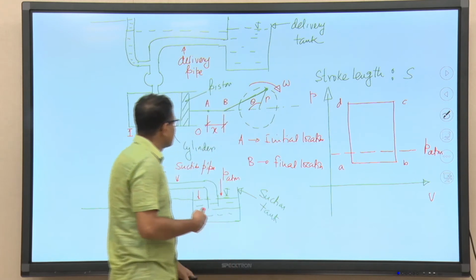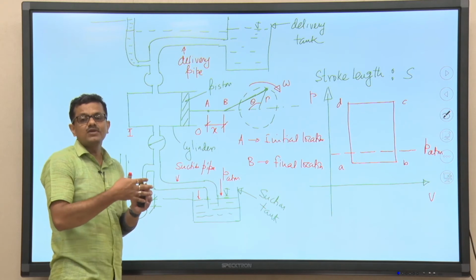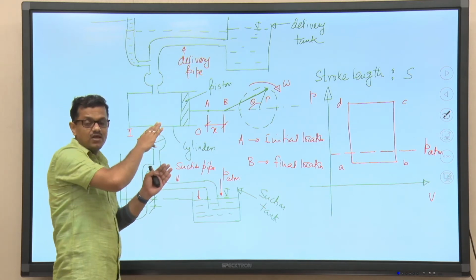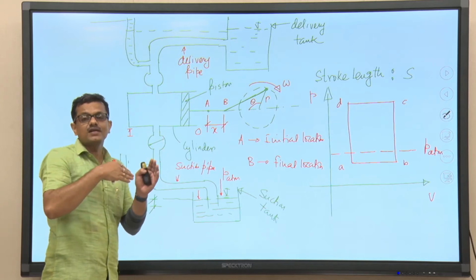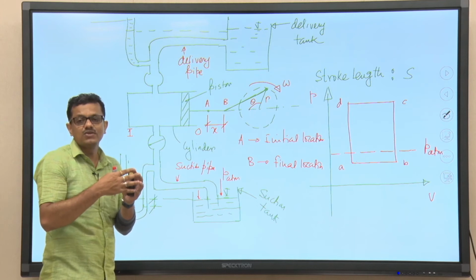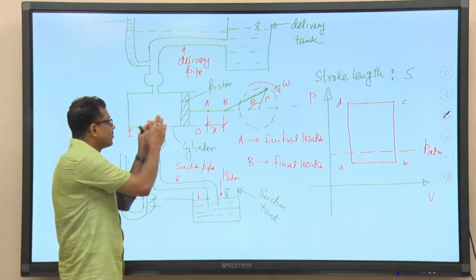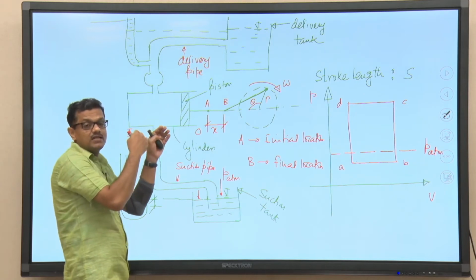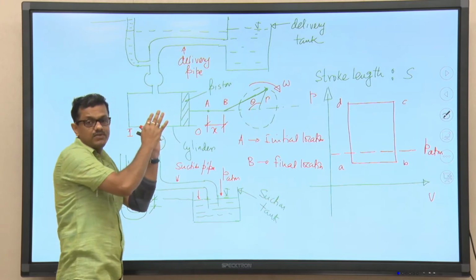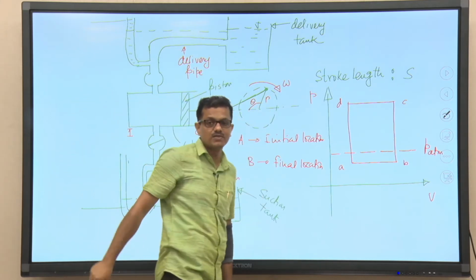So, it is very important that we will be talking about frictional losses, and we will be talking about the inertia effect of the liquid that is there in the suction pipe and also in the delivery pipe. But when we try to calculate the inertia effect and the fluid frictional losses, we also need to calculate the liquid velocity. Try to understand, the magnitude of the liquid velocity will depend on the speed of the piston, and that will eventually depend on the rotational speed of the crank.